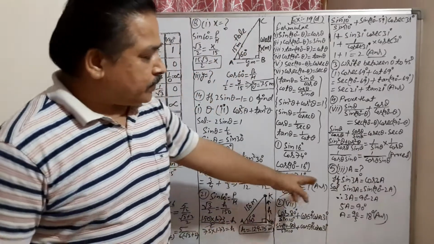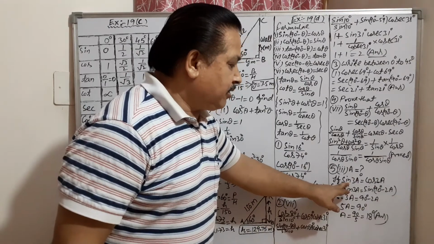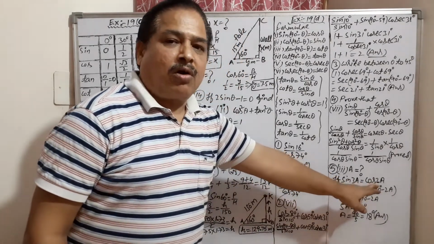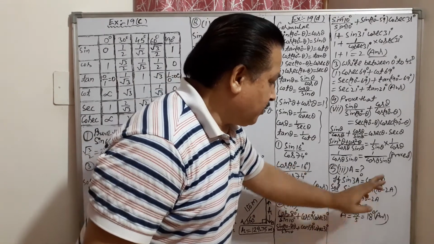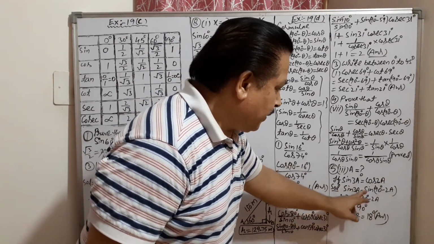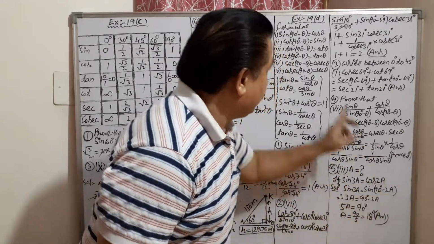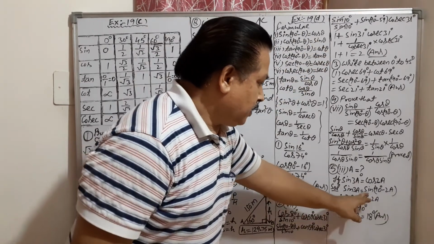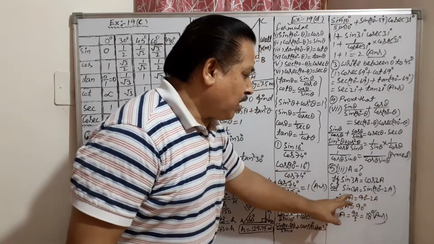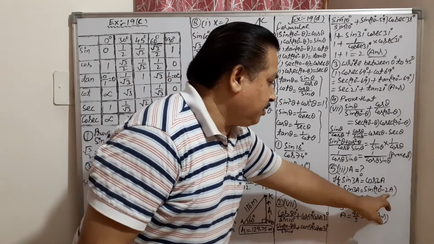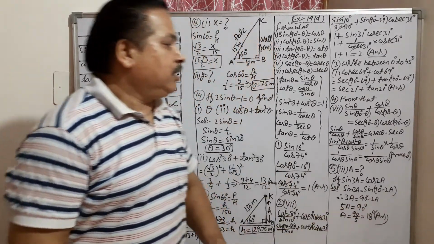Proved. Now find A. A is how many degree angle? This relation is given: sin 3A equals cos 2A. So either change LHS or you can change RHS. So I am changing the RHS side. Cos 2A, the cos theta formula is sin 90 minus theta. So it will be sin 90 minus 2A. Both sides have the same trigonometrical function. Now after equating, 3A equals 90 minus 2A. After calculation A will come as 18 degree.